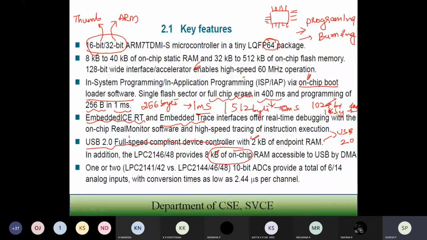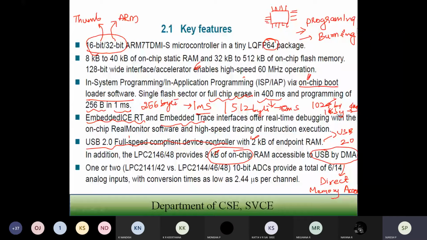Whenever a processor requests data, the processor is going to access the data directly from the memory. That means when you are using DMA, retrieving the data from the memory will become faster if you are using the DMA controller. That particular controller you are going to use, and using the USB you are going to access that data, even though the USB is a serial bus.